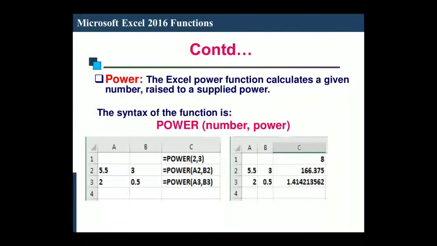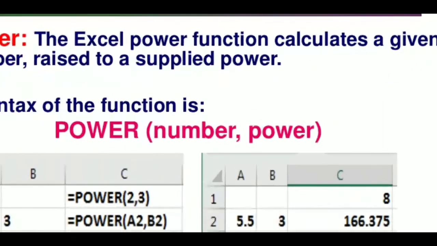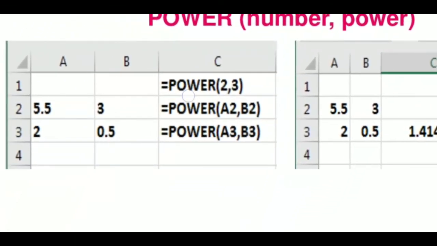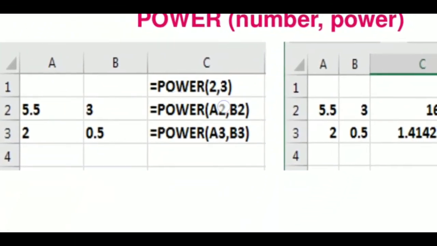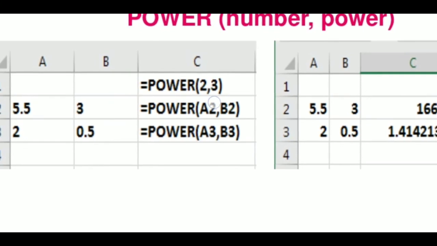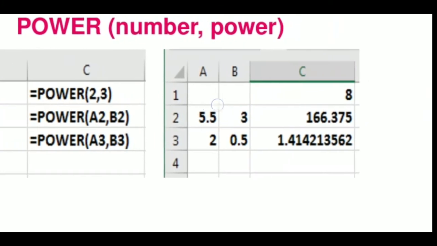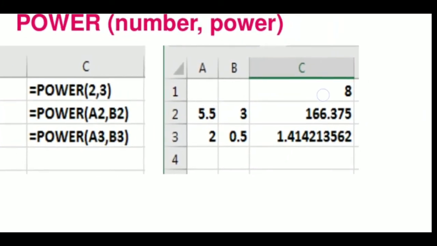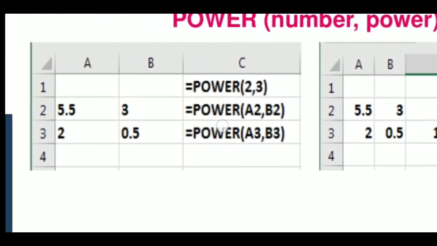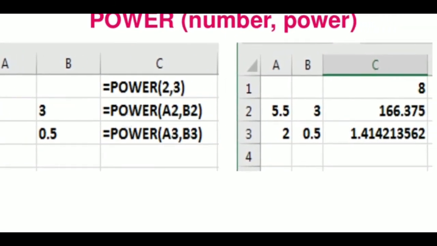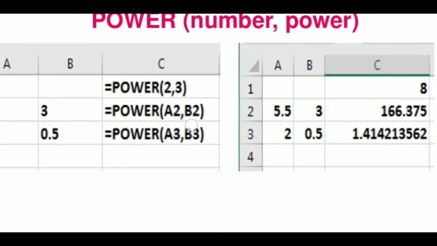Now power function. Power function is used to calculate power of any number. For example, here you can see equal to power 2 comma 3 in bracket will calculate 2 to the power 3 here. So result will be 2 into 2 into 2 equal to 8. Here you can see this is the result of the power function, 2 into 2 into 2, 3 times. And we can also use references in this power function. So we can write equal to power A2 comma B2. So here